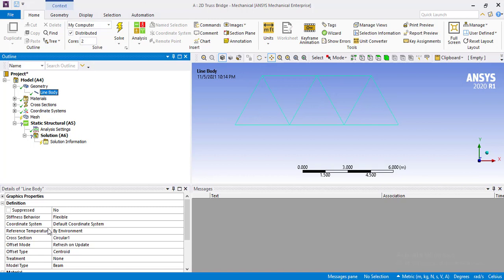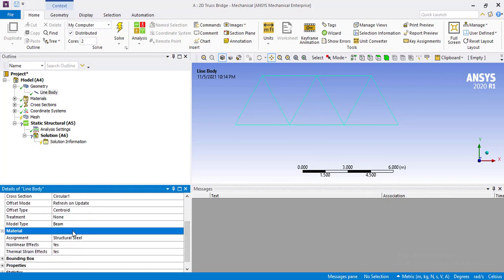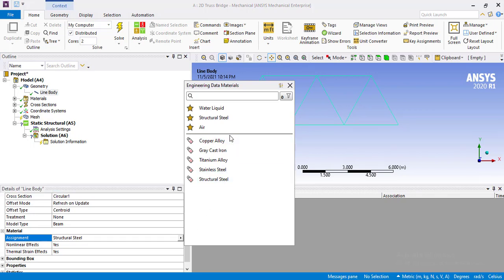You can see that this line body has been created. When you scroll down in its details, you will see material assignment. By default, there is structural steel. You can select any of these materials that you have added in the previous step by going into the engineering data.